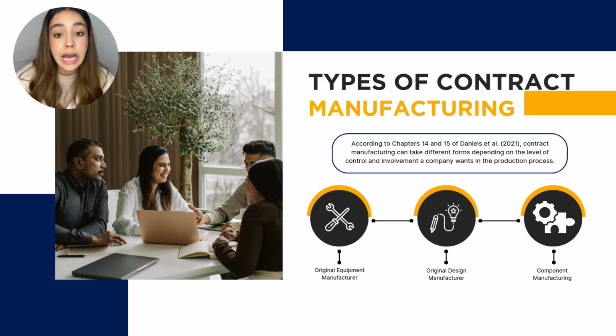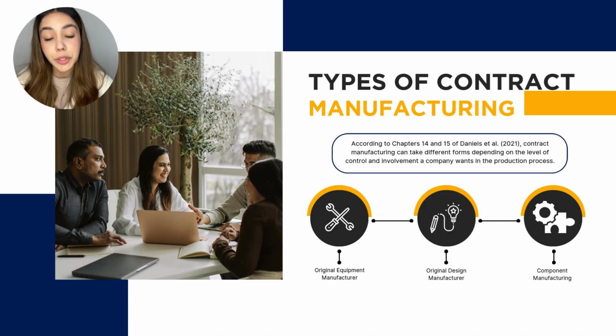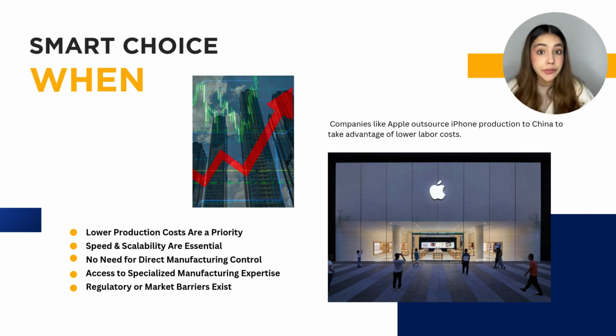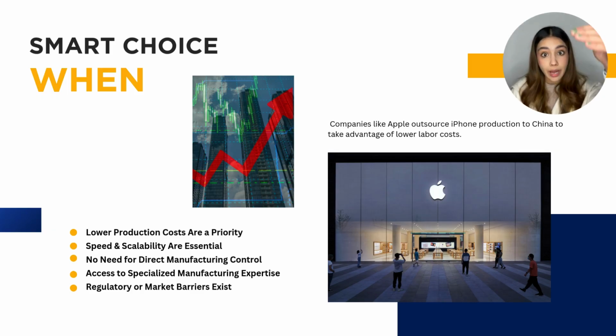smartphones and computers. This classification aligns with the strategic decision-making process that firms undergo when selecting an entry mode for international expansion. Companies choose this model when they want to reduce costs because labor and materials are cheaper in some countries, or when they need to scale production quickly. For example, contract manufacturers can ramp production up or down with demand, or when they lack manufacturing expertise because specialty factories often have better technology and processes, or when they want to avoid foreign investment risk because there is no need to buy facilities